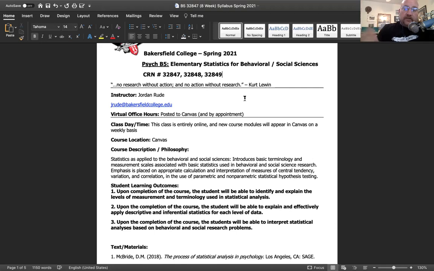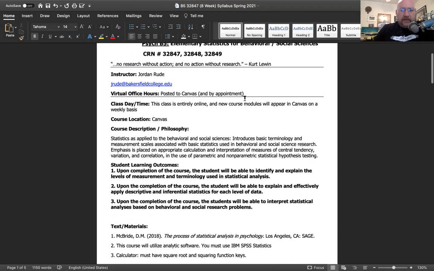So kind of my own personal goal as consumers of this type of research, quantitative research, I mean, is that you know what questions to ask somebody if they're trying to change your mind about something, or trying to get you to vote a certain way, for example. Then they bring data, they bring numbers out and graphs. You can go, I understand what you're saying, and I have some questions about where your data came from, or why you did what you did with the data, right? Okay, so that's kind of like my approach to this class. How do you not get the wool pulled over your eyes, right, when someone comes at you with a persuasive argument using numbers? All right, so let's get through this.